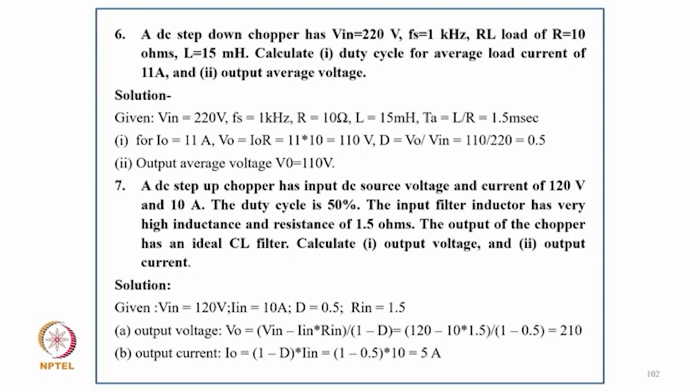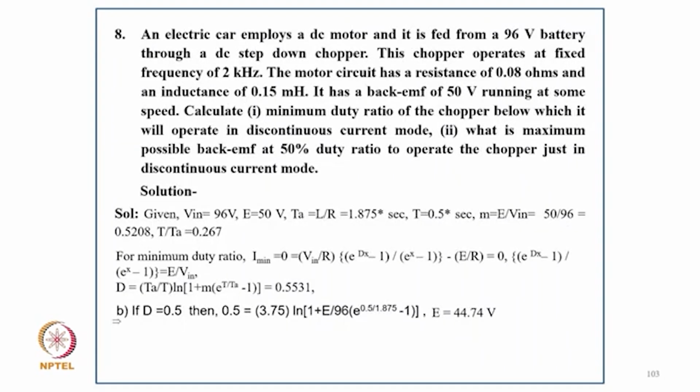The input filter inductor has a very high inductance and resistance of 1.5 ohm. The output of the chopper has an ideal LC filter. Calculate the output voltage and the output current. So V in 120 volt, I in 10 ampere, duty cycle 0.5, R in 1.5 ohm. The output voltage will be V in minus, putting a relation, it comes 210 volt, and output current with the relation comes 5 ampere. So coming to numerical example 8, an electric car employs a DC motor and it is fed